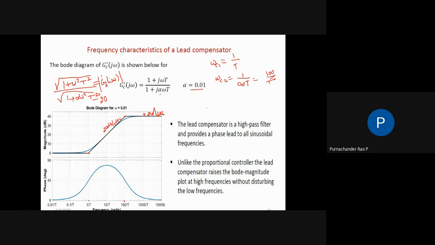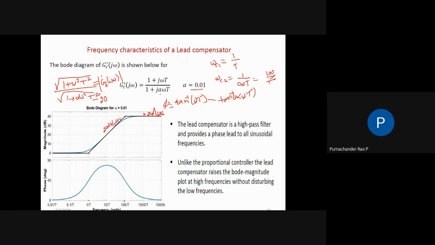Now the phase angle is also varying like this. The phase angle phi will be equal to tan inverse of omega t, the numerator term, minus tan inverse of alpha into omega t. So you can take omega as different values, and the phase angle will vary like this. This will increase, and you always see that the phase angle is positive. The phase angle is always positive, and therefore